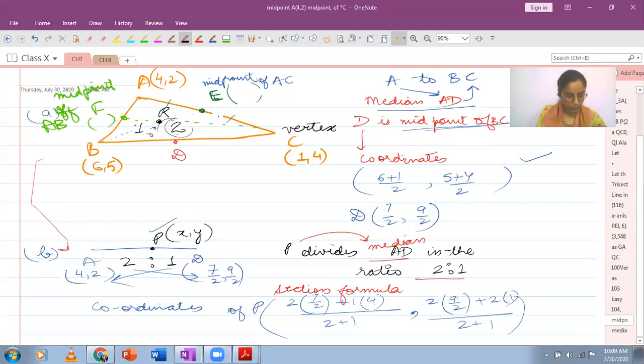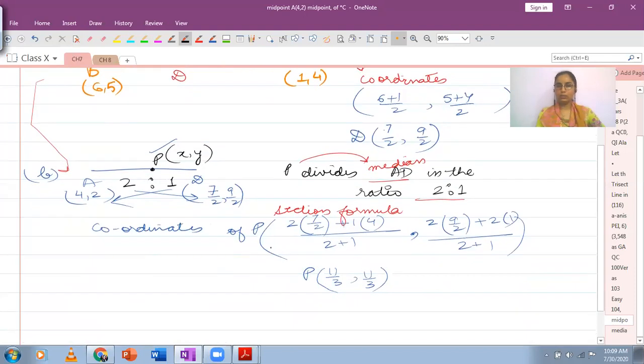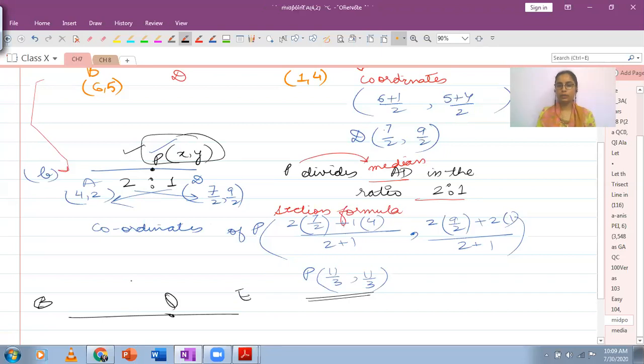And what you will realize is that the coordinates are same as P. जो coordinates इस point के आए थे first part में यहाँ पे, जिसने पहली मीडियन को इस रेशो में डिवाइड किया था, वही coordinates बाकी दोनों के होंगे. आपकी जो सेकेंड मीडियन बनती है BE, उसके ऊपर पॉइंट है Q. द रेशियो इज 2:1. Q पॉइंट के कोऑर्डिनेट्स भी यही आएंगे.